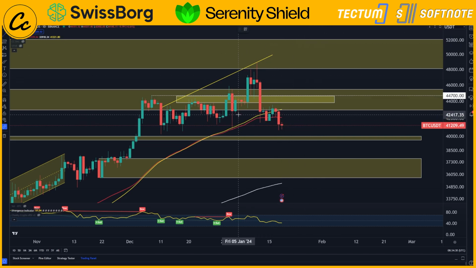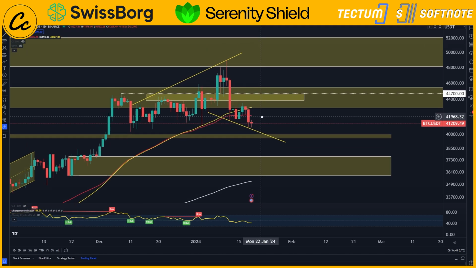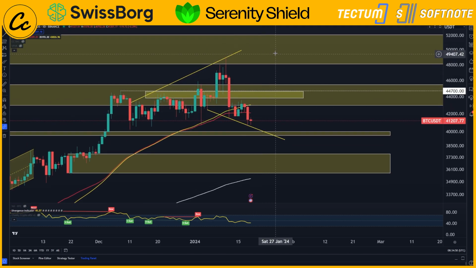We could probably look at this area here coming in as a bit of a trend to the downside. This one actually tied us up quite nicely with the initial low from the 5th of January being tested again on the 12th of January, and then, of course, 18th of January, getting a retest. But I expect we're probably still going to be moving down quite aggressively towards that $40,000 before we get the